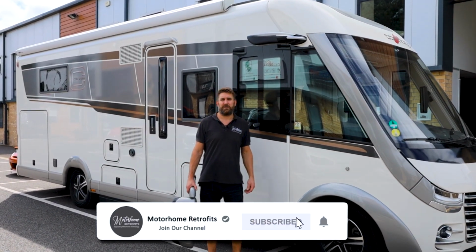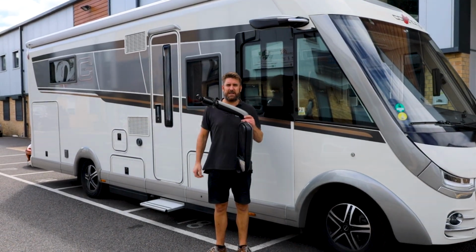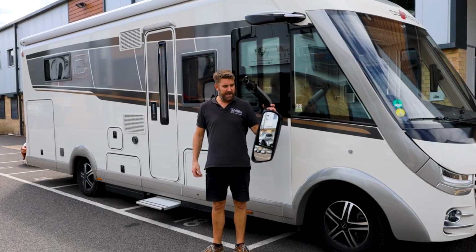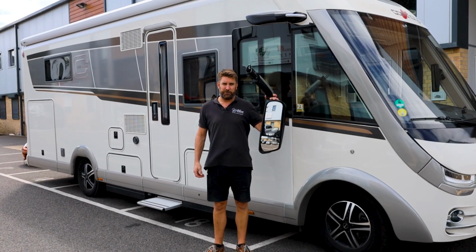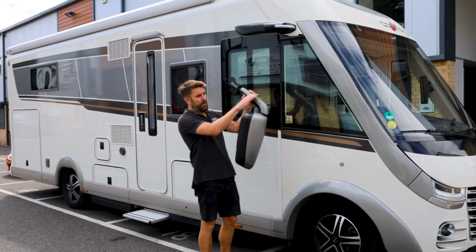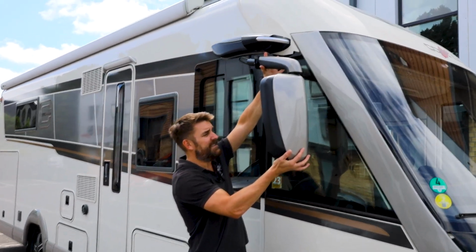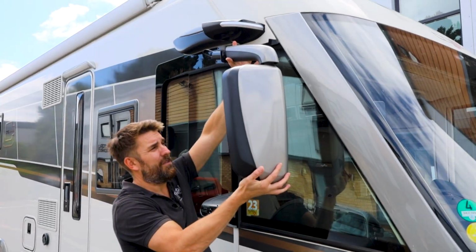We're really excited about this one. Hopefully you can see it. The reason being is we have had this vehicle in for the last week. We have removed these monstrous factory coach light wing mirrors, and these were originally mounted like this and rather large